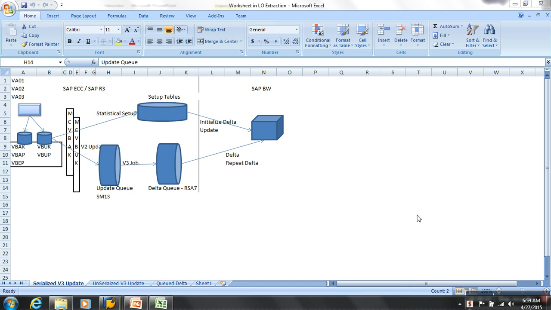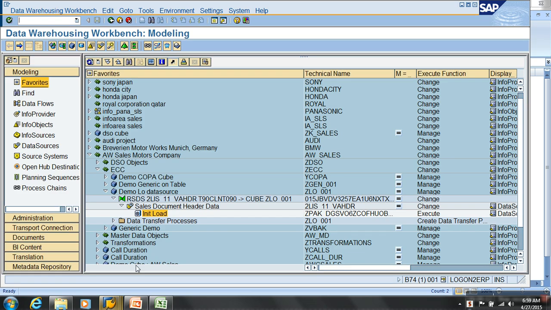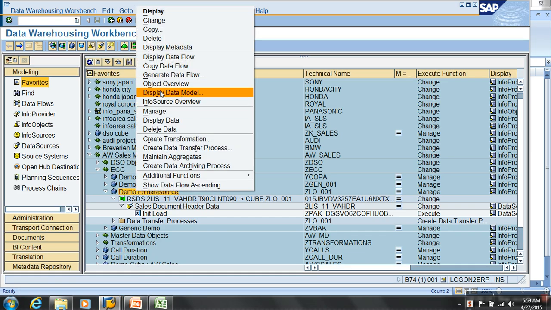Very important was focus. In the last class, we generated the LO data source, replicated it and connected it to the target BW. Now the entire flow in my BW is ready. If you see the display data flow,